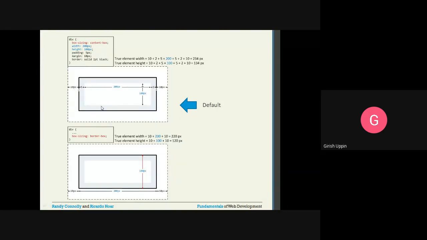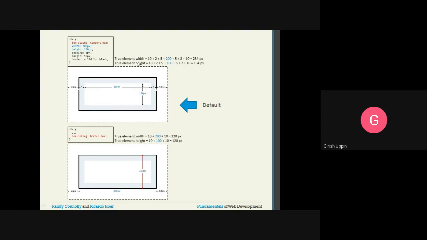If you want to actually find the true element height and width, it is calculated as: we start with the margin 10 plus 2, the border width, plus 5 is the padding, then 200 is the actual width of the element area. Again we have the padding 5, then width of the border 2 plus the margin 10, total 234.